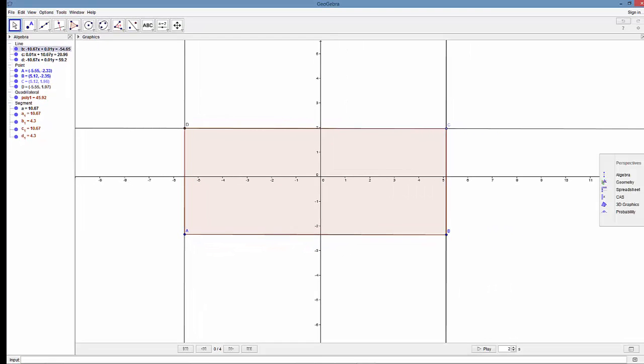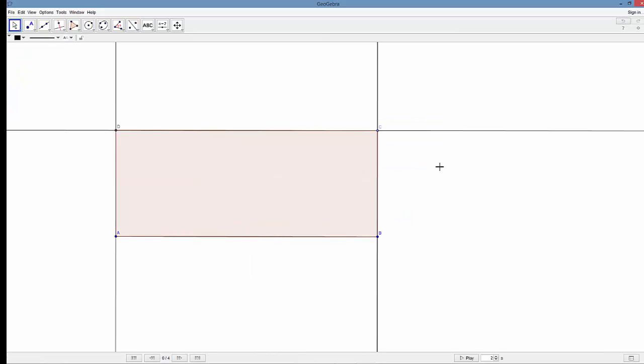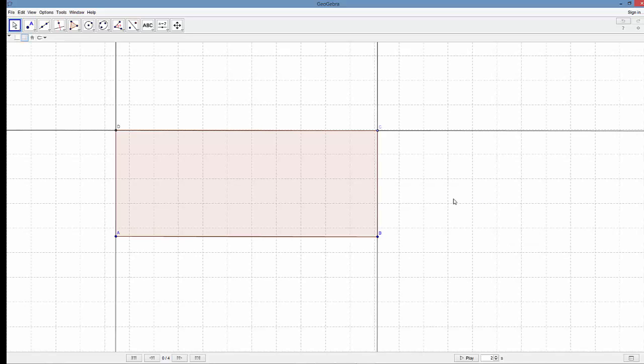Now you can go back to the geometry view if you want, and now you've got everything back again. The defaults are still preset in GeoGebra, so if you want to bring the grid back, you have to right-click in the graphics area and reselect the grid. I can bring the axes back if I wanted to,